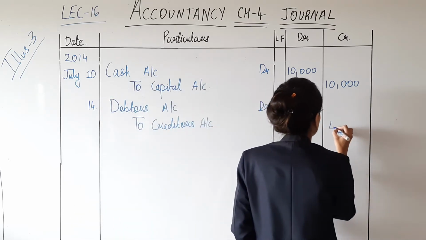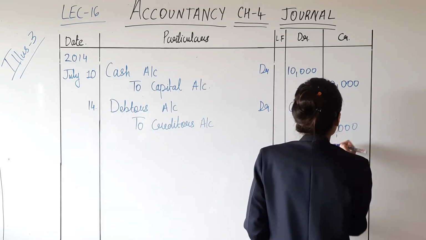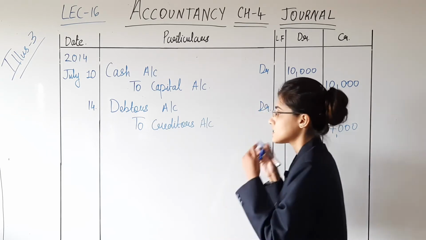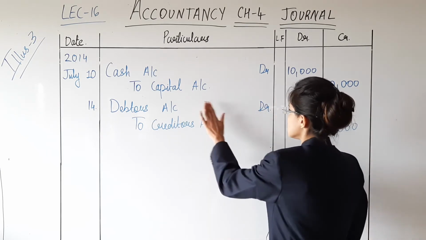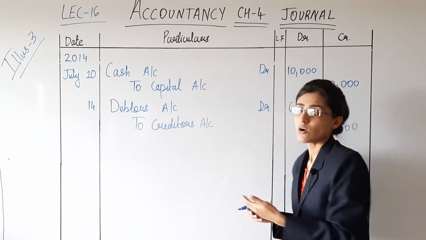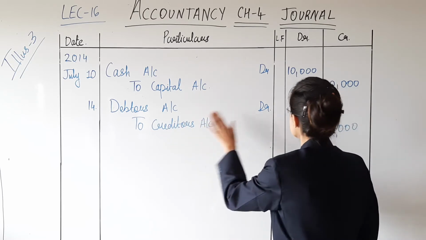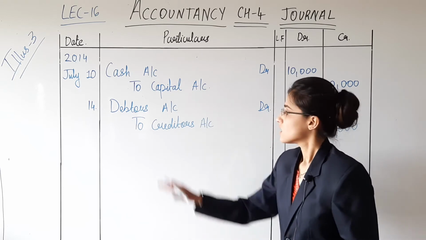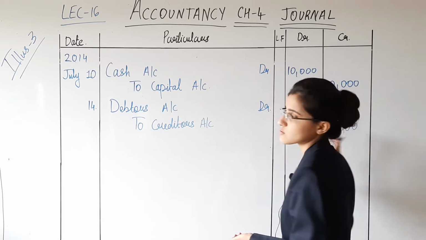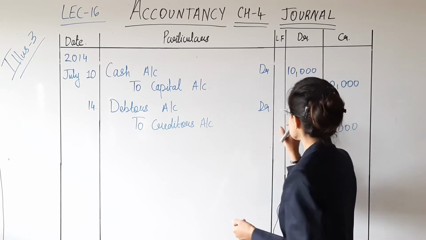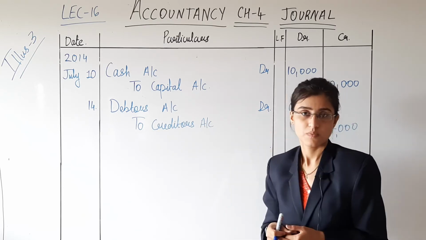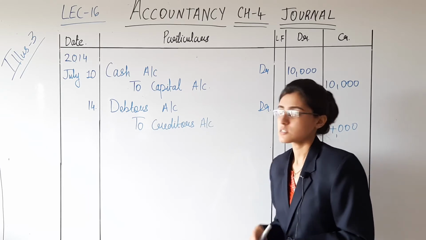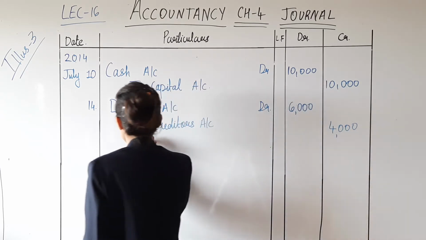4,000. Liability, always credit. Assets, always debit. So, understand the scene here. Debtors are of rupees 6,000. That means 6,000 comes into the business or will come into the business. You will have to pay 4,000. So, remaining you are receiving 2,000 in excess here. So, ultimately that is the introduction of amount in business, which is termed as capital.